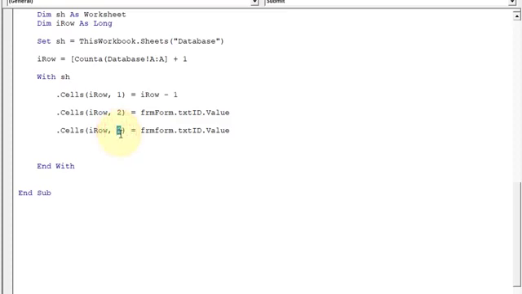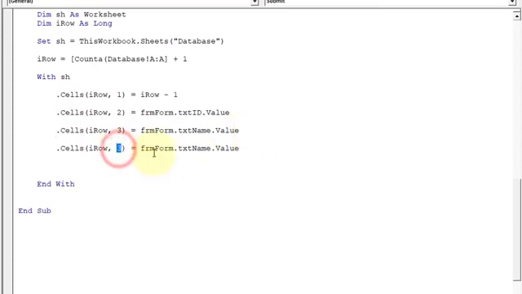So the column number will be 3, txt name, and again copy this line of code, and the column number should be 4. Here 4 is basically for gender, so we will utilize the if function, and frm form dot opt female dot value is equal to true, then the value will be female, otherwise it would be male.